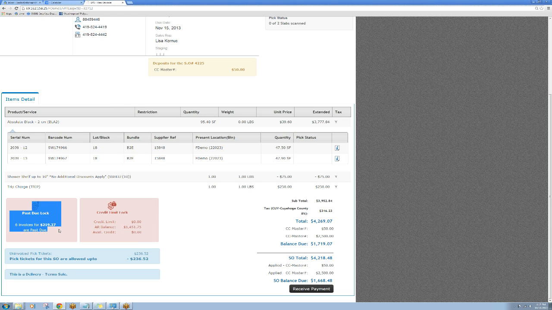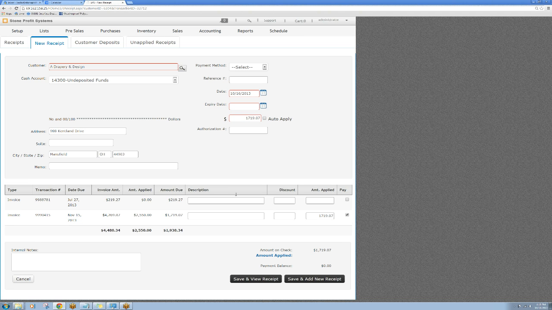On the left-hand side here, you're seeing some past due locks and some credit limit locks. At the bottom right, we have the option of receiving a payment. So we can go into each individual invoice and receive a payment, or in a moment I'll show you another way of doing that. This is your new receipt entry page. Because we came from the invoice, my customer is pre-selected. Most likely the cash account should be set up to undeposited funds. You'll select your payment method, fill in the necessary required information,